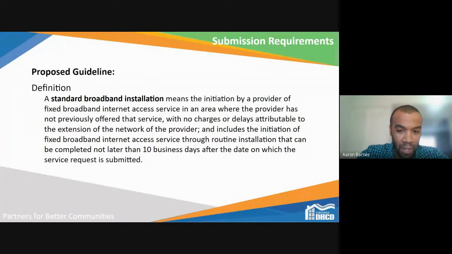And if you look in the last sentence of this paragraph, where it has 10 business days, not completed no later than 10 business days after the date on which the service request is submitted. So I just really wanted to highlight those three parts of that. And you can go over it and see what the rest of it says. But those are the three things I wanted to highlight.